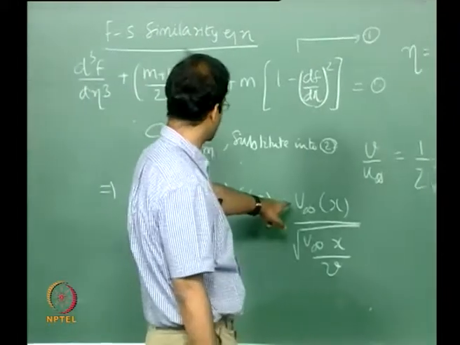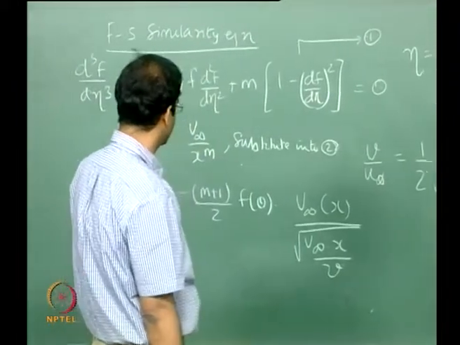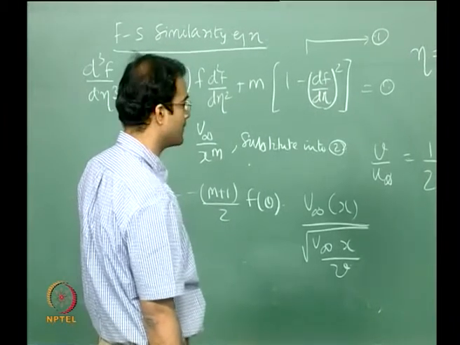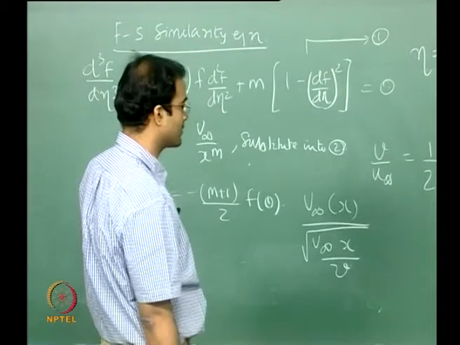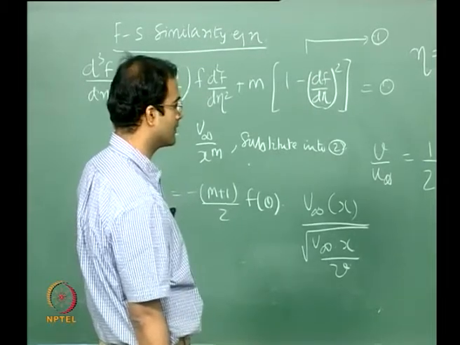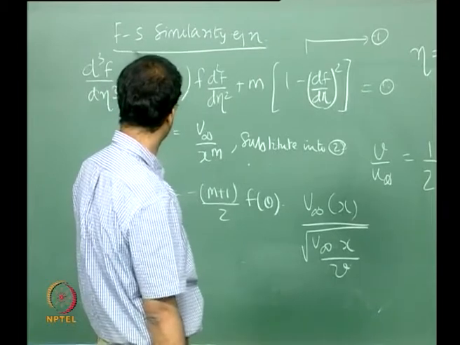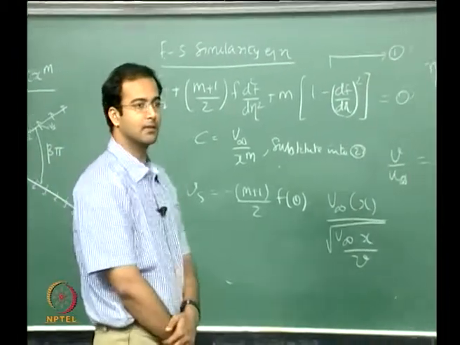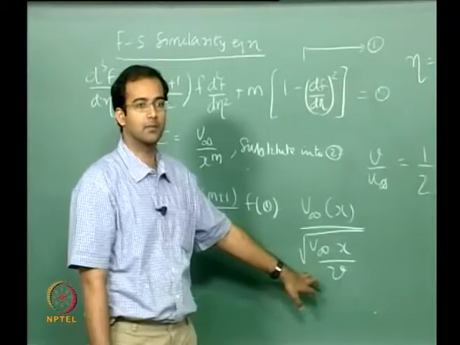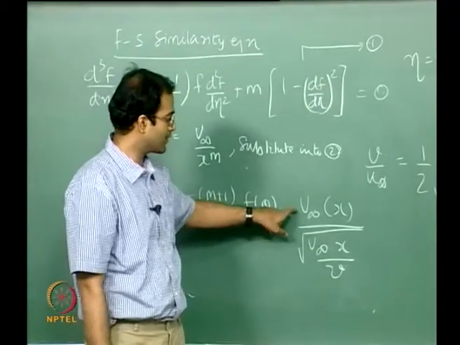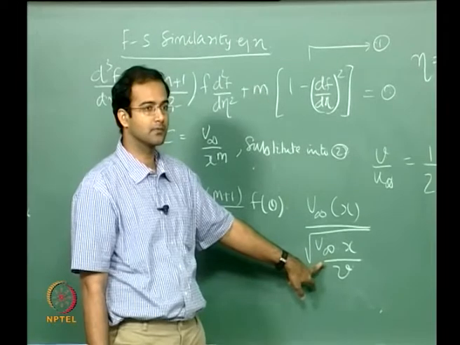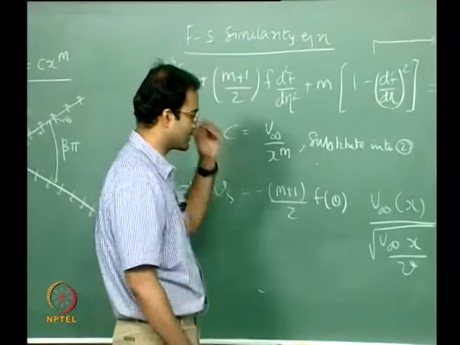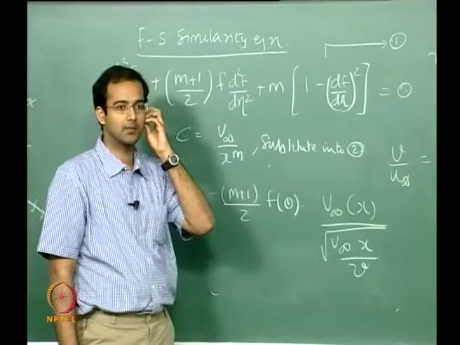So this is basically square root of u infinity, that is correct. x power m, I think that will give you x power minus half, right. So that should lead to this particular form. So this is nothing but square root of u infinity by square root of x by nu. So if you substitute this into c there, you will be ending up. Why I am doing this, I am just rewriting in terms of Reynolds number, that is all.